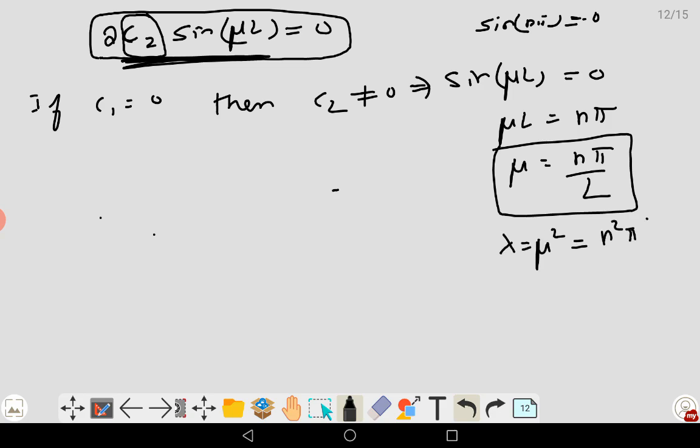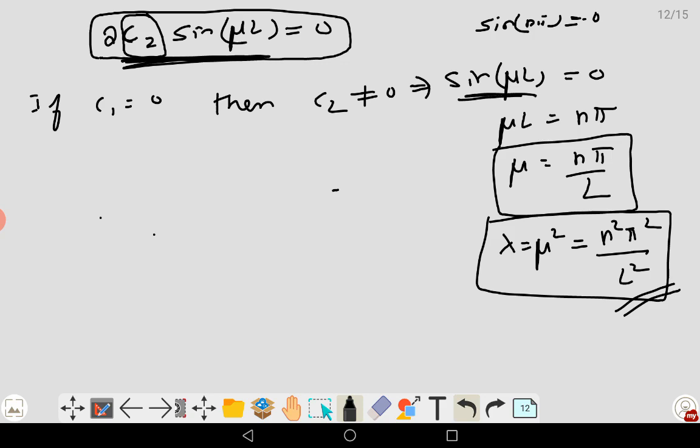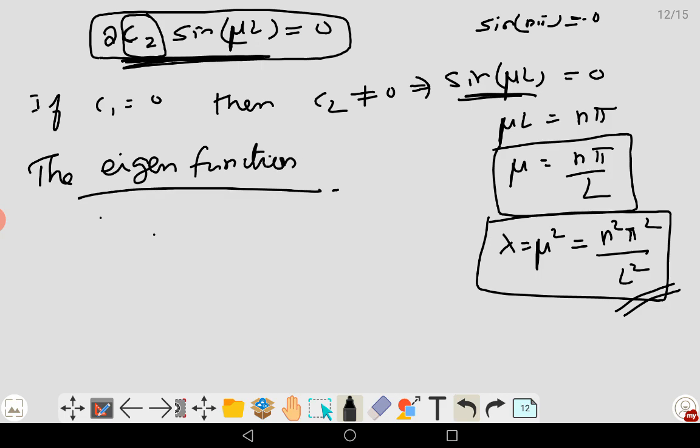So, lambda is mu square, which is n square pi square over L square. So, for these values, which sign will be 0, that will be giving you some non-trivial solution. Therefore, the eigenfunction